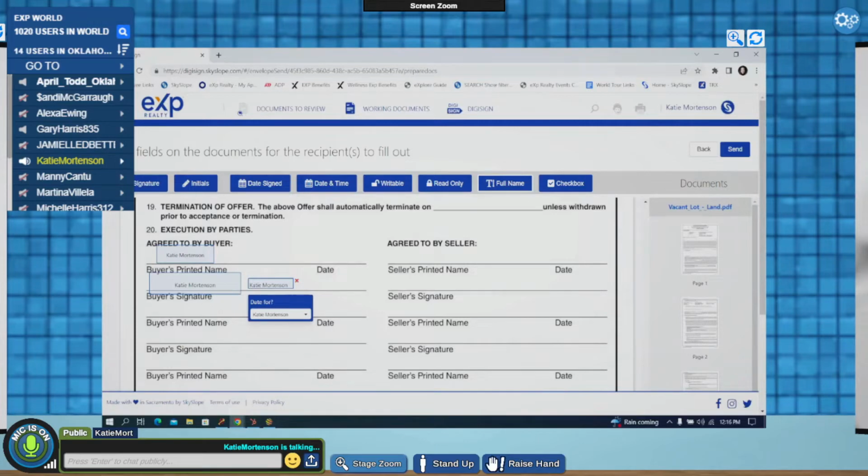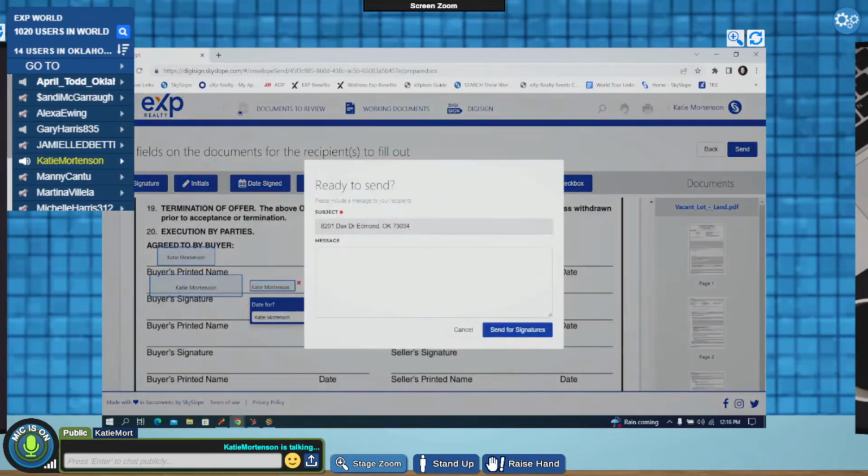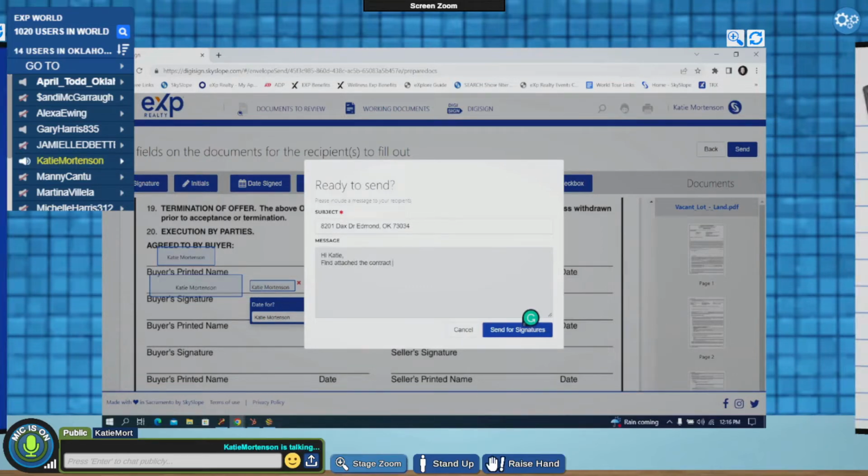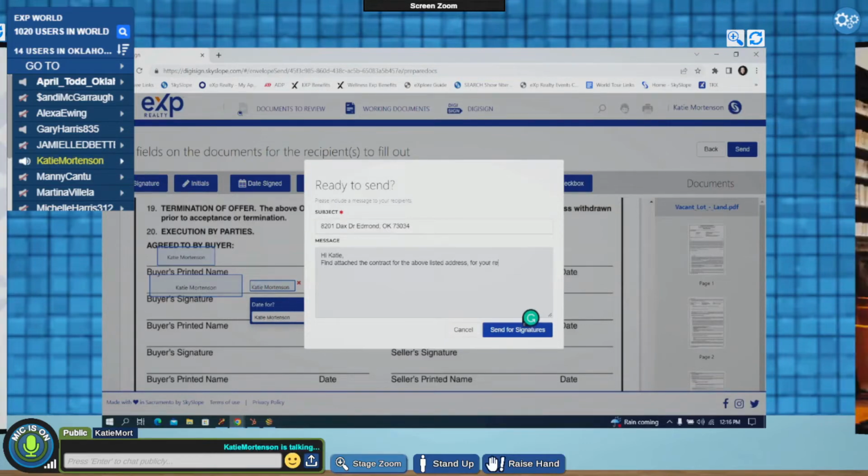If this is the only thing I needed to add, you could add whatever would be applicable in this situation or whatever your document. I would go to send and I would say, hi, Katie, find attached the contract for the listed property or address for your review. Signature. Sending things. Please reach out to me prior to